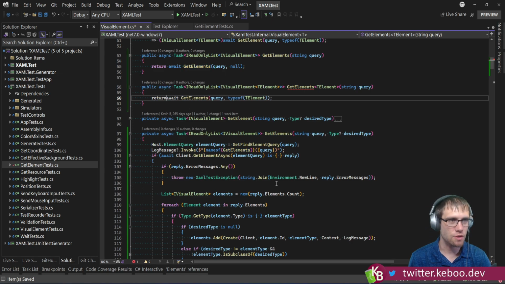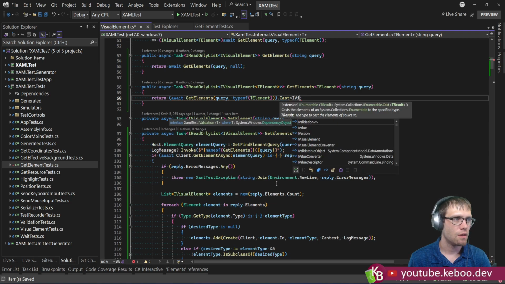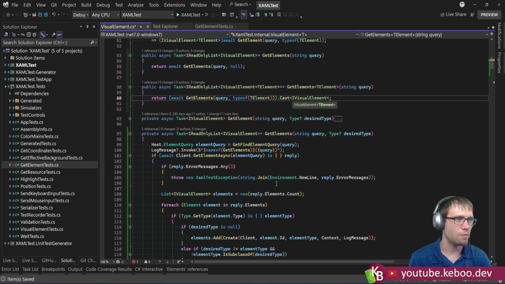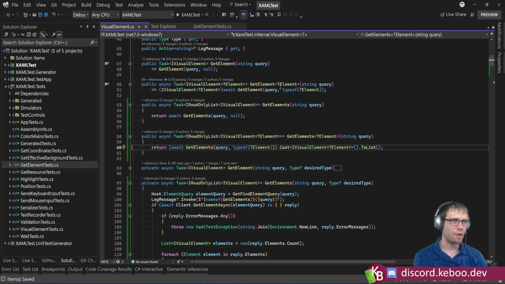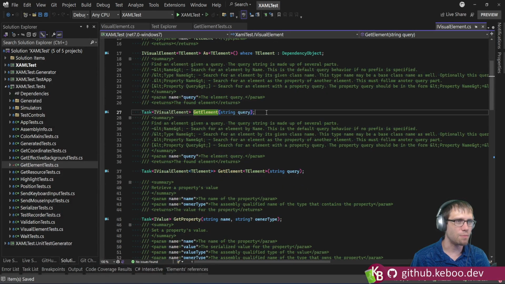I think we're gonna do creativeness here. Cast visual element T element to list. I think we're gonna do that. I don't like it that much, but I don't see a cleaner option, not with needing to support both APIs. Okay, so I think then what happens is this goes up here,